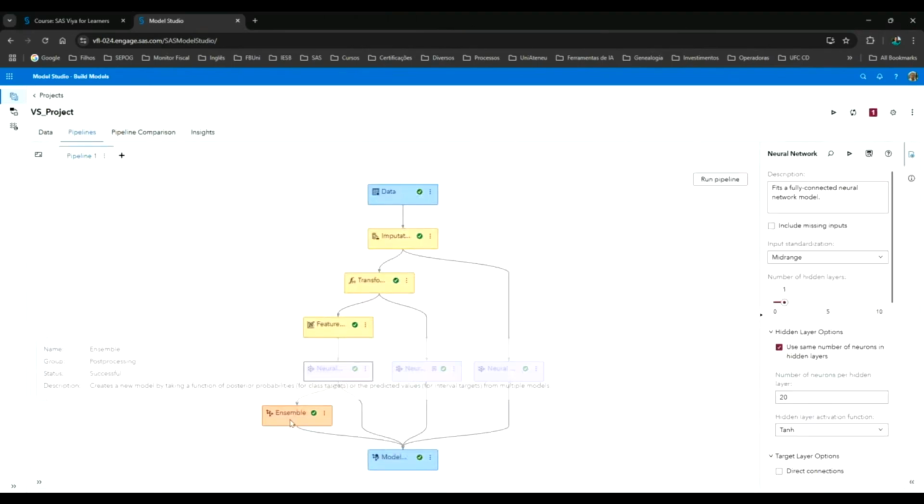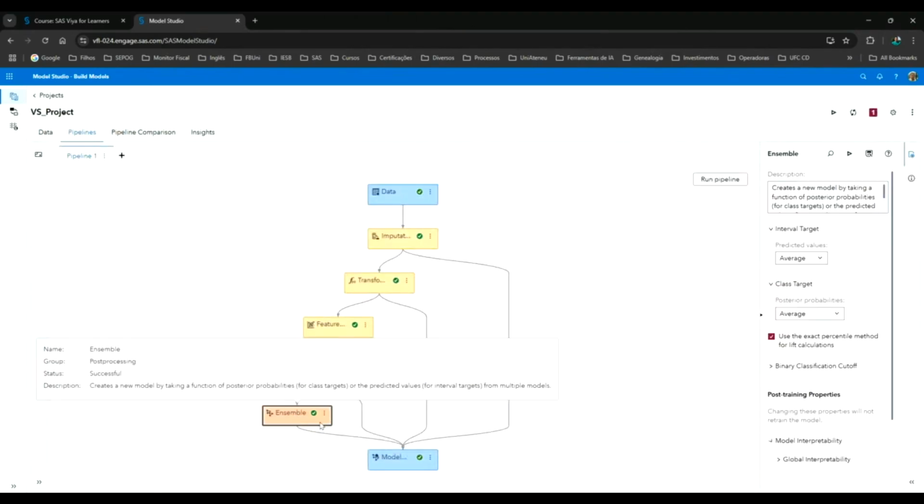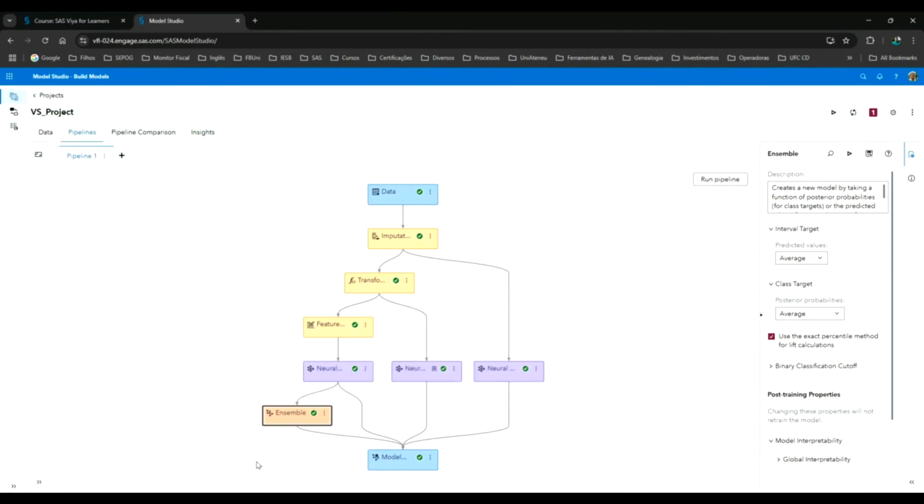It's an ensemble trick. The ensemble node is very good to combine the results of various models. For example, I can connect here a neural network, a decision tree, a forest, a gradient boost, and then combine the results and obtain a new result.